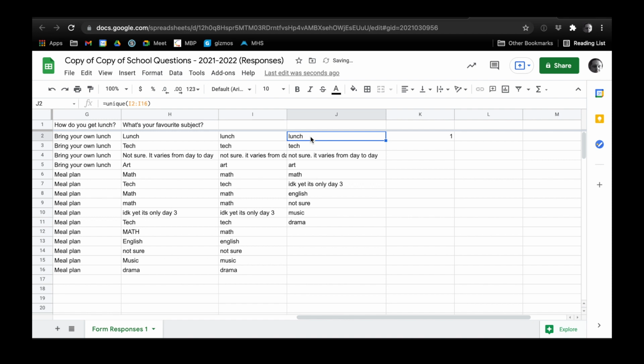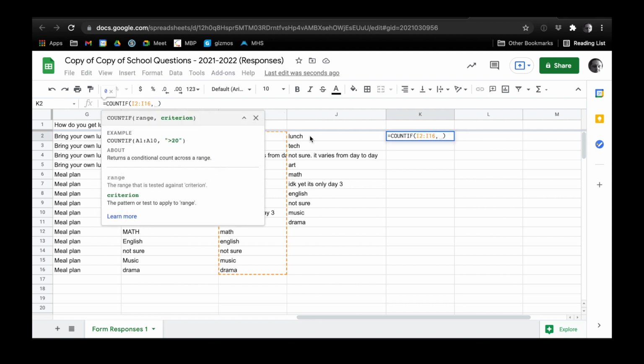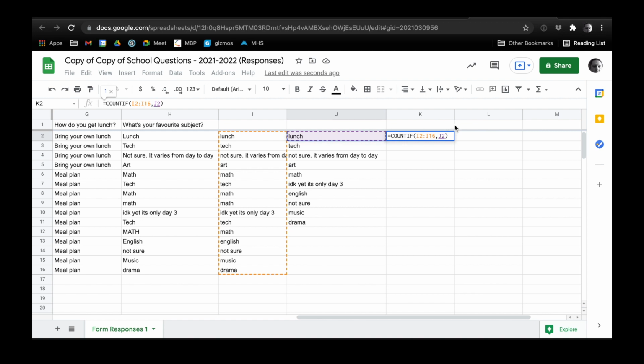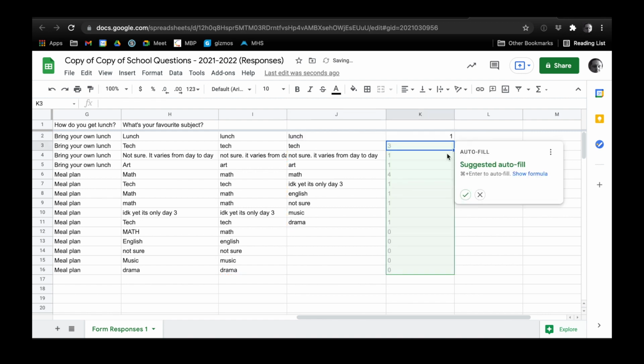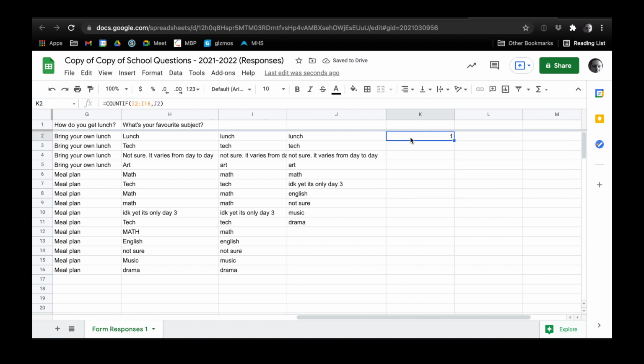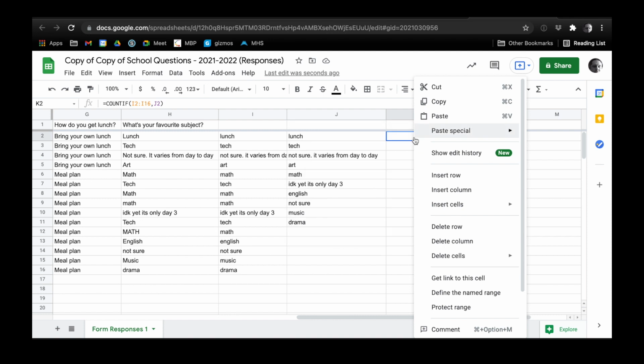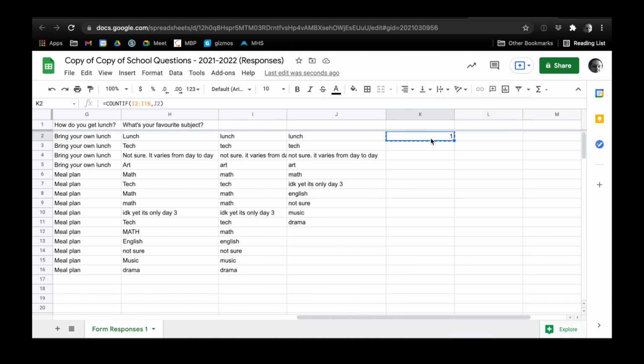So when I filled in unique here, it automatically filled everything below it. But that's not the case with CountIf here. So let's say CountIf. We want it to count if it sees the item J2, and then we'll push return. Okay, and we're not going to autofill here because I want you to see that you can copy the cell,